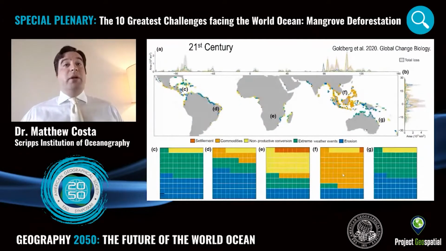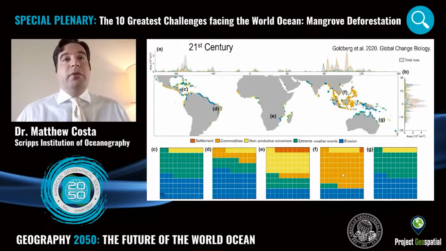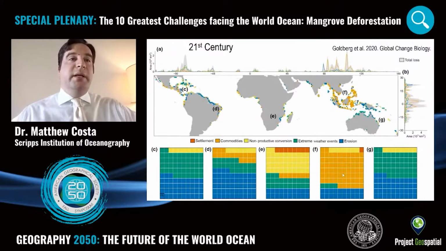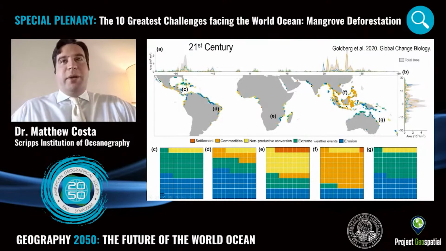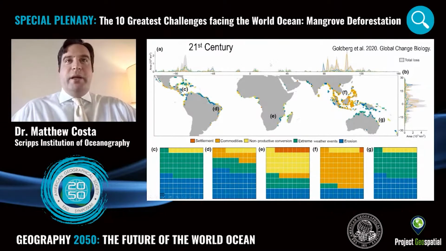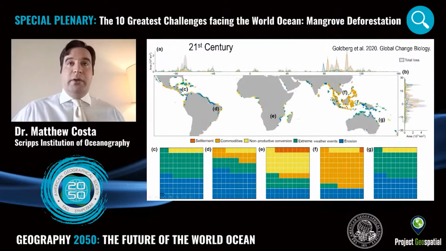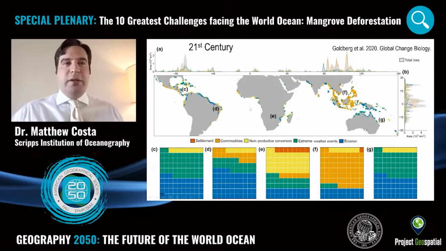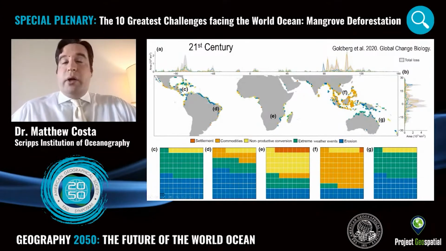This graph gives you a better idea of what the drivers are locally and regionally in mangrove loss in different parts of the world since 2000. There's a lot of information here. So these squiggly lines at the top and at the side represent the longitudinal and latitudinal distribution of mangrove deforestation around the world. What I'd really like you to focus on is these colored squares on the map. The colored squares represent mangrove cover around the world,